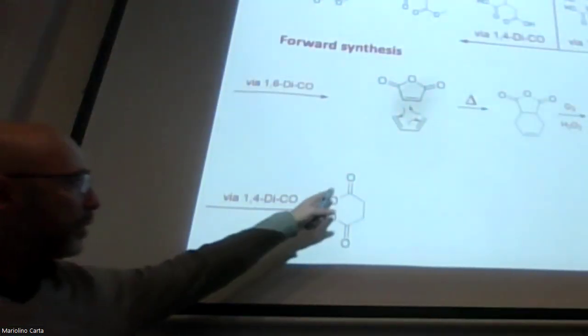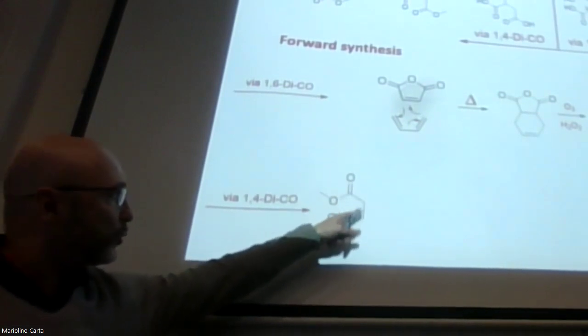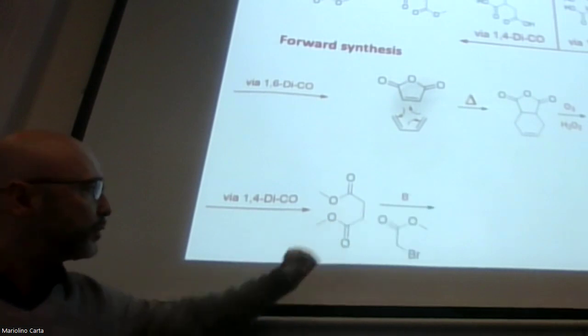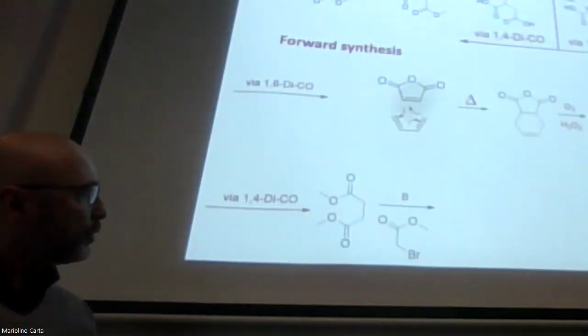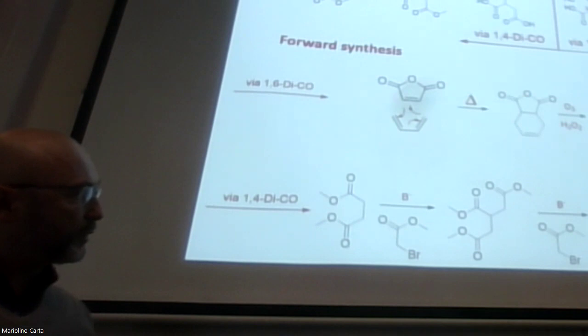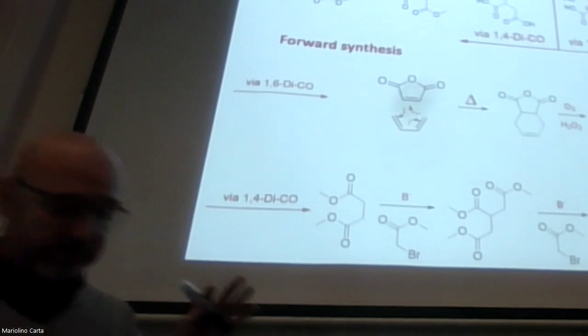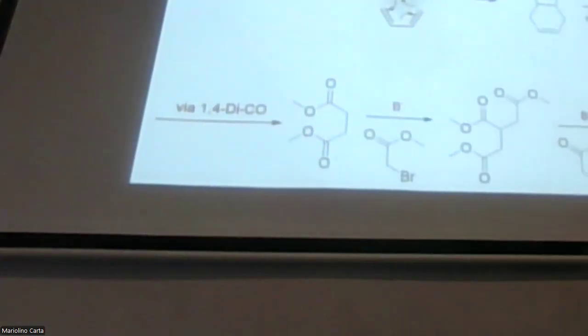Via 1,4 dicarbonyl instead, you can start from this one, but this is already 1, 2, 3, 4. You could even disconnect any further. But let's start from this one. You do the first reaction with 1,4 dicarbonyl, and you put this one, and then you do it again to form the first part of the molecule. I have to say, there is a little caveat in this one. That's why I prefer to do the 1,6 in this case: once you get this molecule,